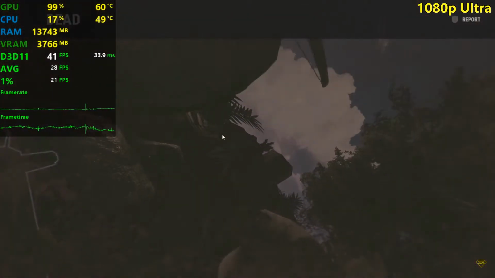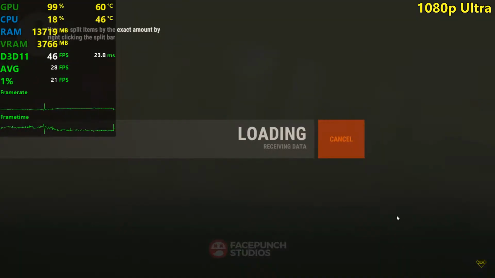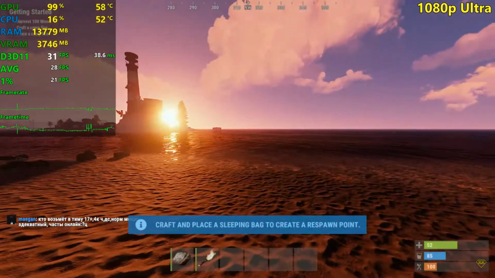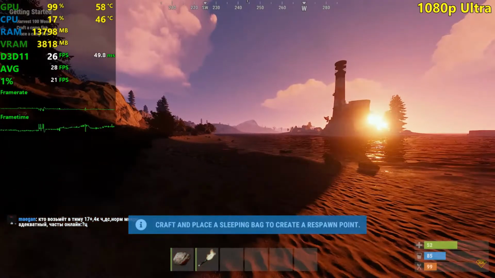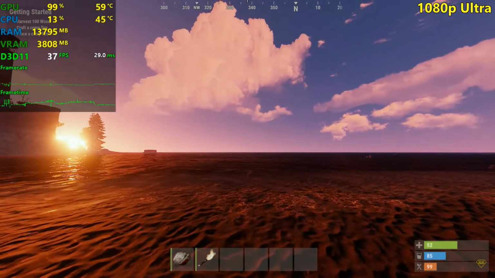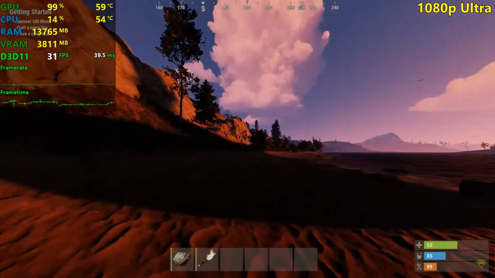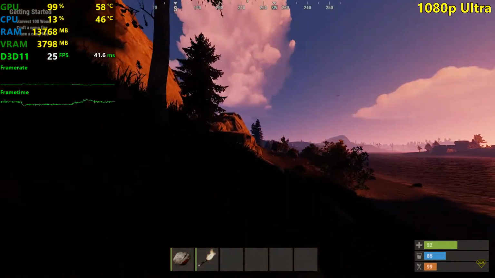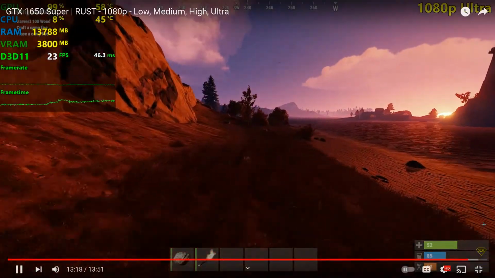28 FPS average, 1% low of 21. This is awful performance, guys. This game has been out for years. It's still in early access, I think. I'm actually not sure about that, but it sure feels like it. So I just hope that they will optimize this game someday, but I've been waiting for that optimization patch or something like that for at least 5 years, because I used to play this game with my friends and it was really not that playable. It was